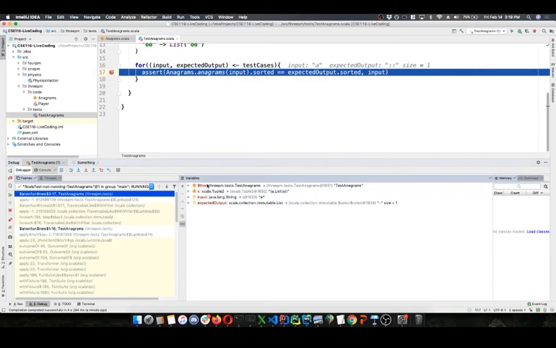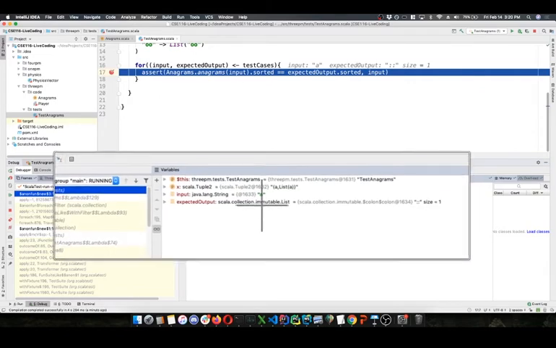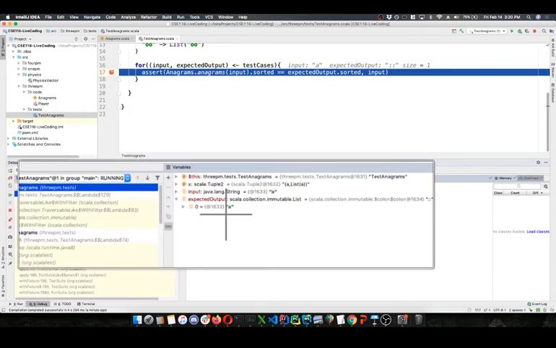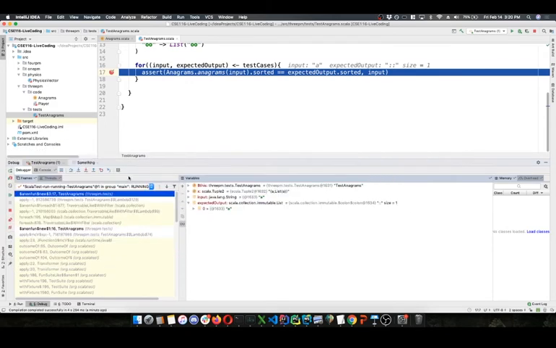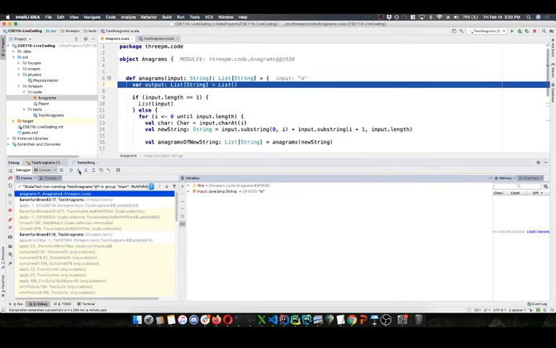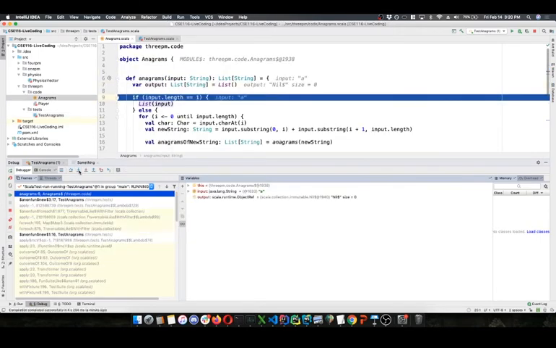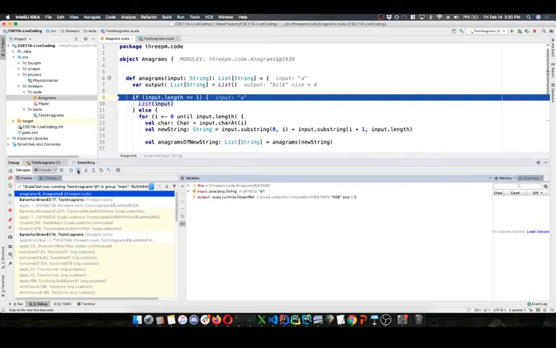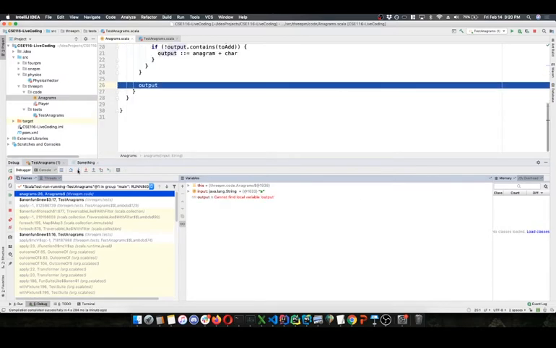And the first test case we have is A. It just happens to be a map. The order isn't necessarily preserved. Key value pairs, there's no sense of ordering. But we did happen to get A as the first one. So we have the input A. Expected output is the list containing just A. Let's start stepping through our code. Create a new output list, which we actually don't use. Input.length, our input is A. Length is 1, true. Return a list containing just A.